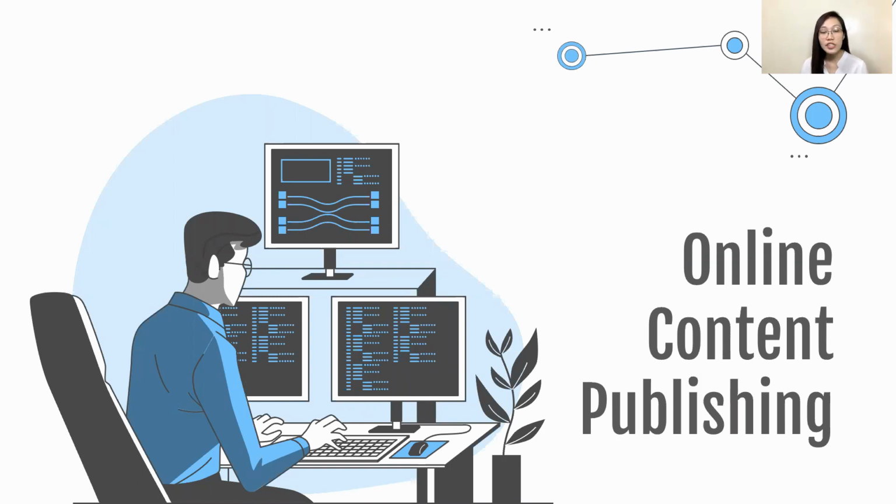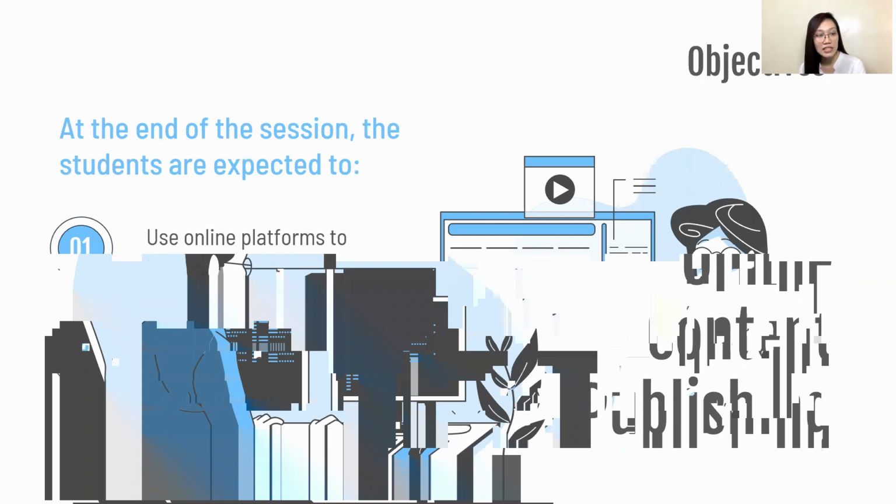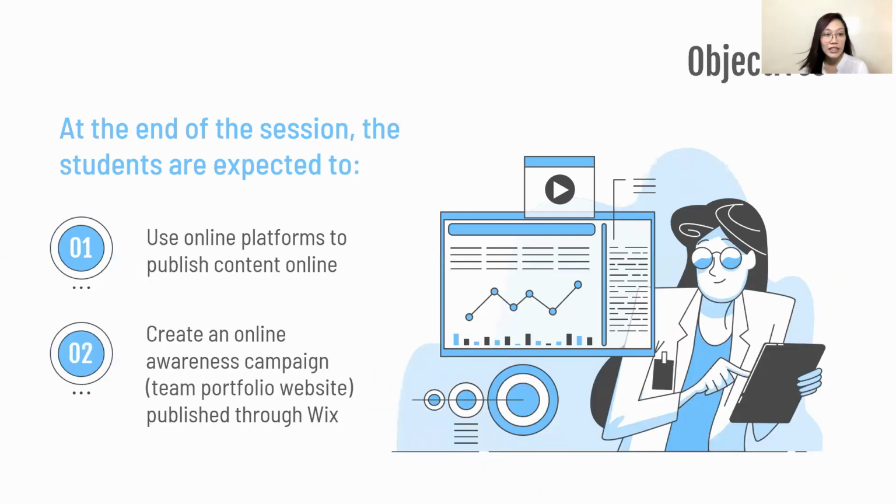So in the previous lessons, we have discussed how we can present the data that we have in an infographic. We also discussed how we can manipulate images online. So today, we will be discussing how we can publish those contents in an online setting. The objectives for this lesson: at the end of the session, you are expected to use online platforms to publish content virtually. And second, you can create an online awareness campaign or a team portfolio website published through